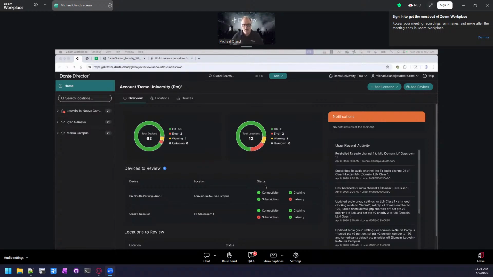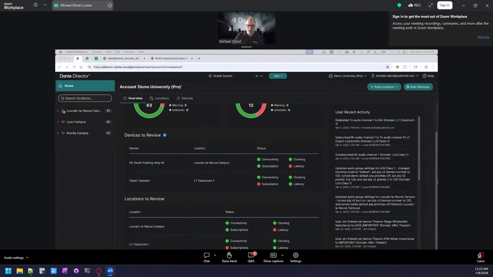So one of the things that I want to be able to do every time I get in and every day, I want to know what my audio network looks like at any given time. So when I log into Director, the first thing I can see on my homepage is an overview of my network. So in this particular case, you'll see that I've got 63 devices online. I've got 2 in error state, which I can drill into in just a minute. And I've got 12 locations. And again, I've got 2 that are in error. So right here, I know proactively what my day is going to look like, what issues I need to solve. If it says nothing, then I know I'm in pretty good shape. In this case, I do have 2 that I need to get into.